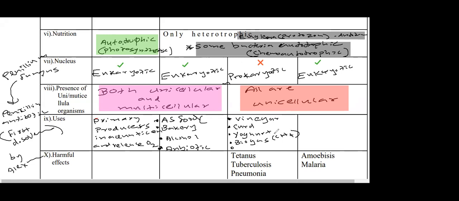Notice that we use bacteria to make compost fertilizers. To make organic fertilizers, we use bacteria. See, there are a lot of advantages of bacteria. At the same time, they cause deadly diseases also. And both bacteria and fungus act as decomposers, decomposing waste matter and organic waste matter. That is also environmentally very important.